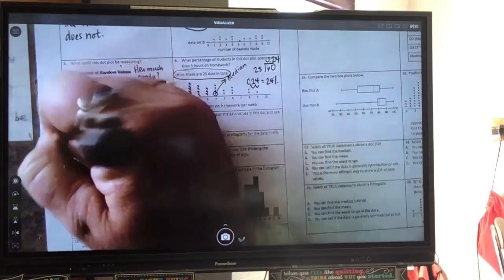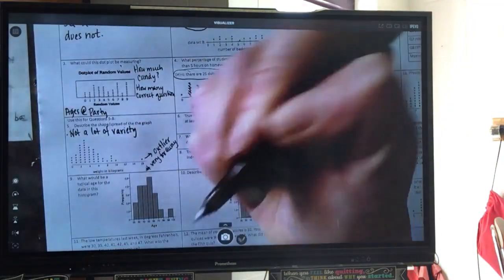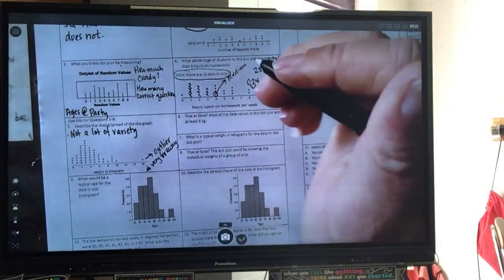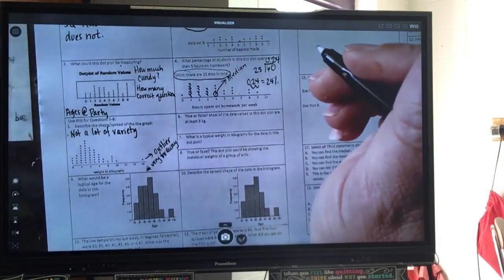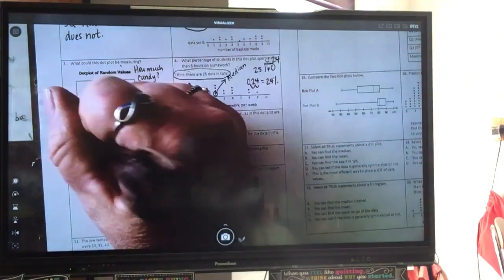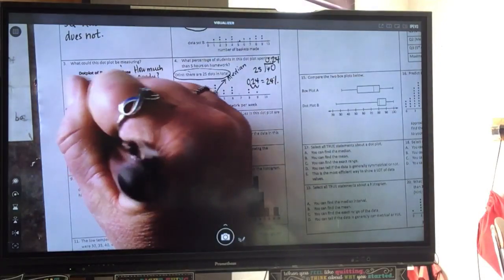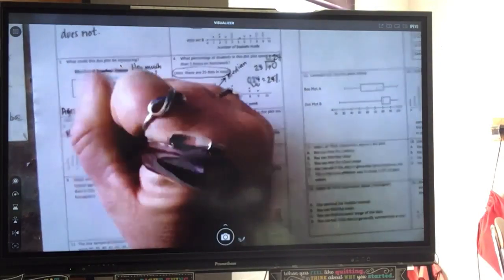All right, anything else you guys noticed, Troy? The majority of the dots are between like 6 and 1. Okay, so majority are between where? 6 and,